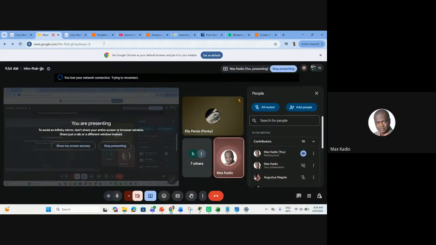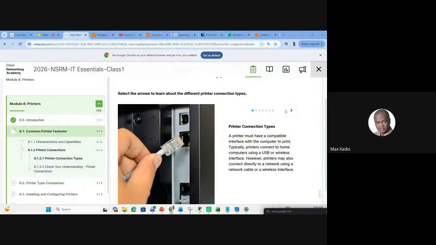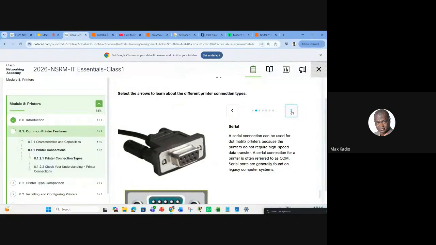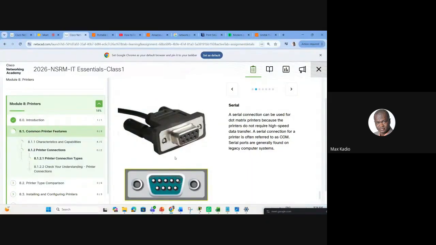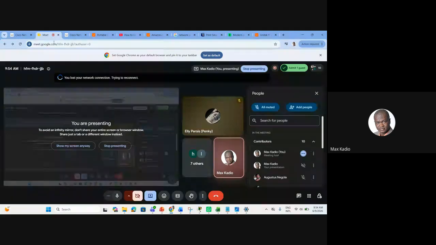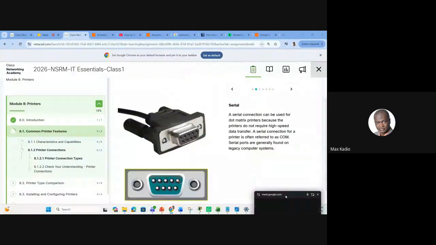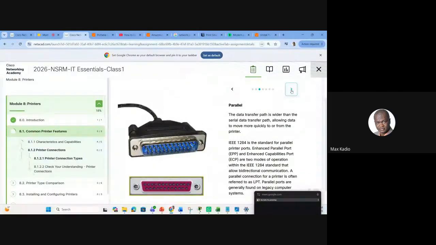Now, what else should you know? So printer types, you have network printer. In the old days, to connect a PC to a printer we used different ports and cables.